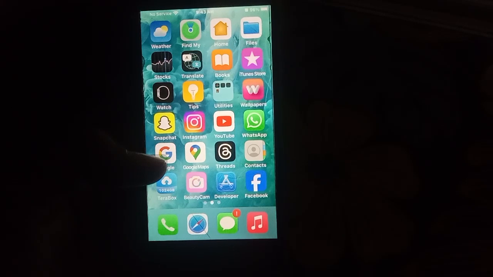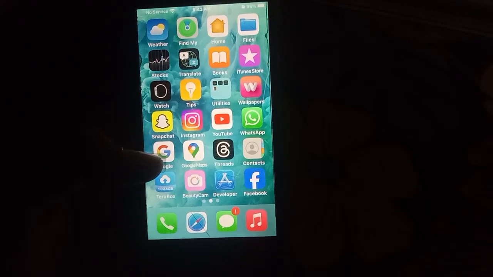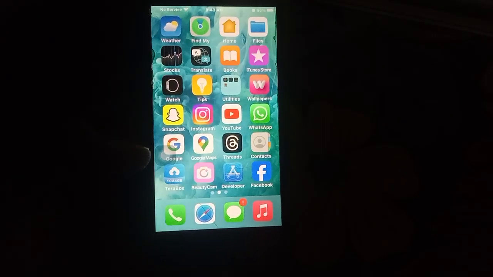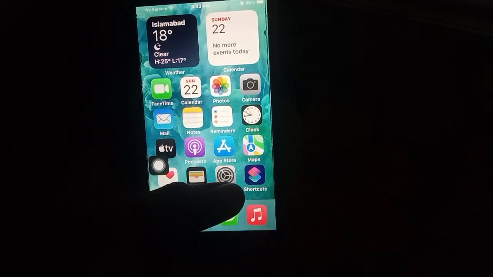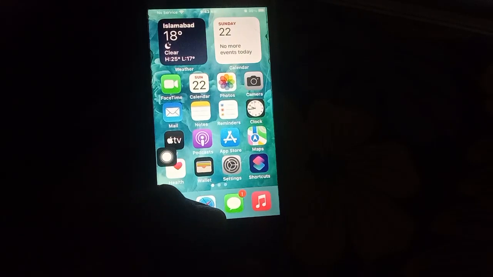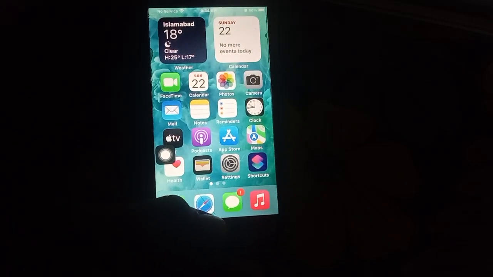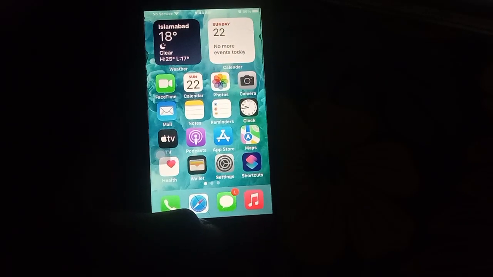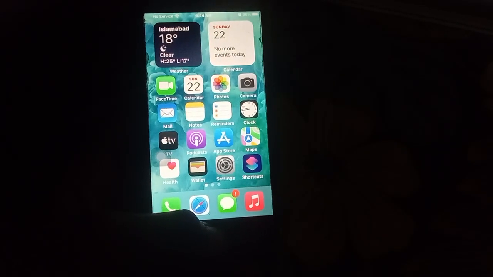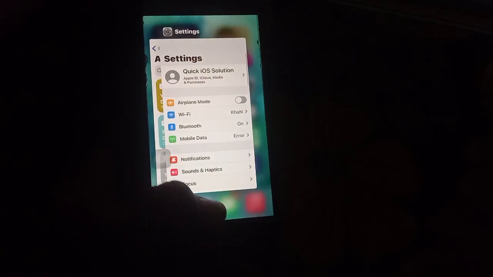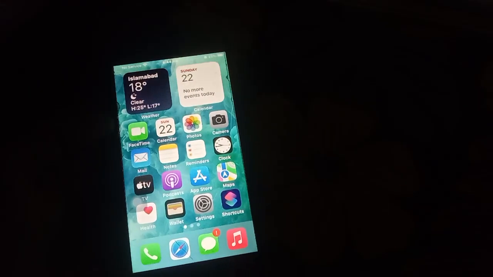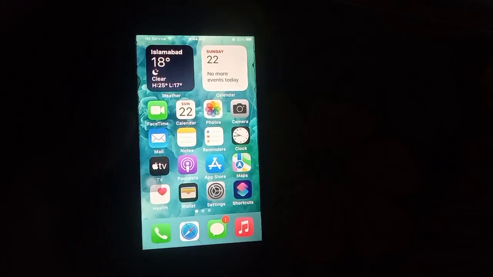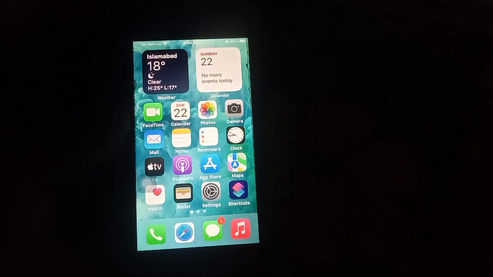First of all, let's fix this issue. The first solution: clear background apps. Then you open the settings, and then any app you have used, you remove from the background. Double tap the home button, then remove the apps from here. This clears the background apps. If the first solution is not working,